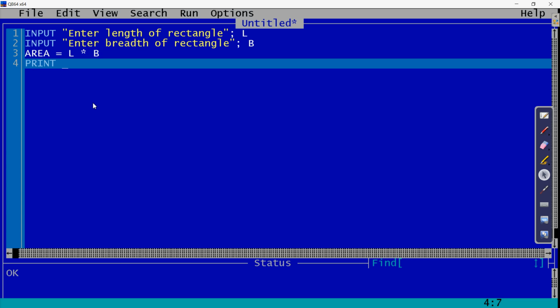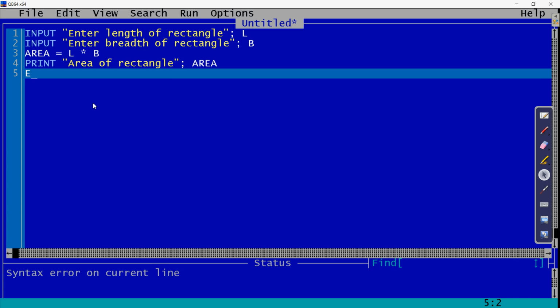So use print, then the message area of rectangle, then semicolon, then write the variable where you have saved the area. Clear? Then we can use the end command to terminate this.